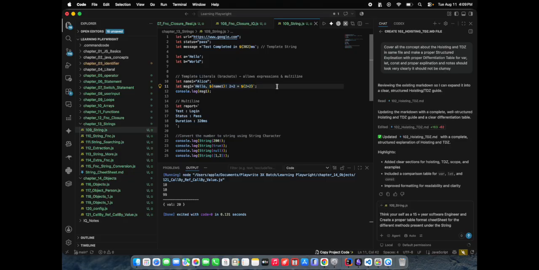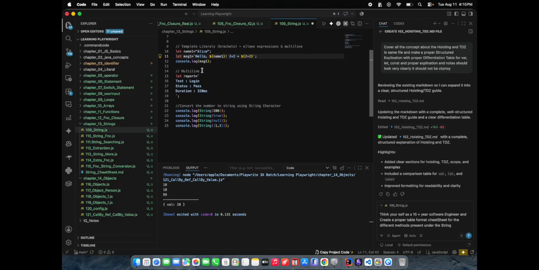For this, inside the quotes we need to write the string. If I want to use template literals, then I can use a dollar sign and then curly brackets. Inside that I can write a name or anything else. So this is about how we create different varieties of strings. Multi-line strings are also possible inside the same kind of quote.